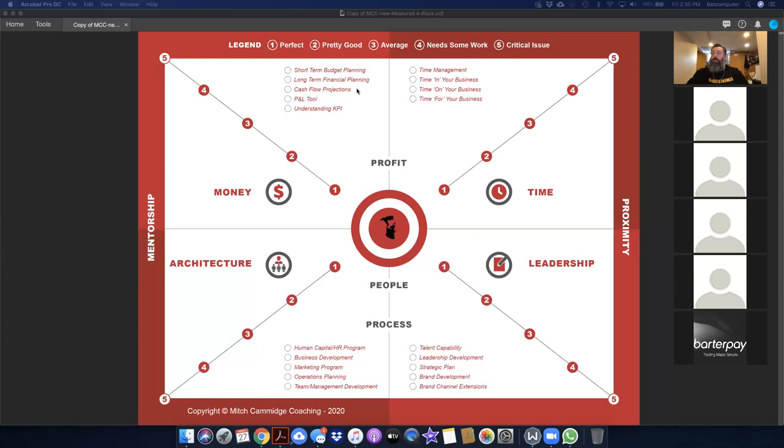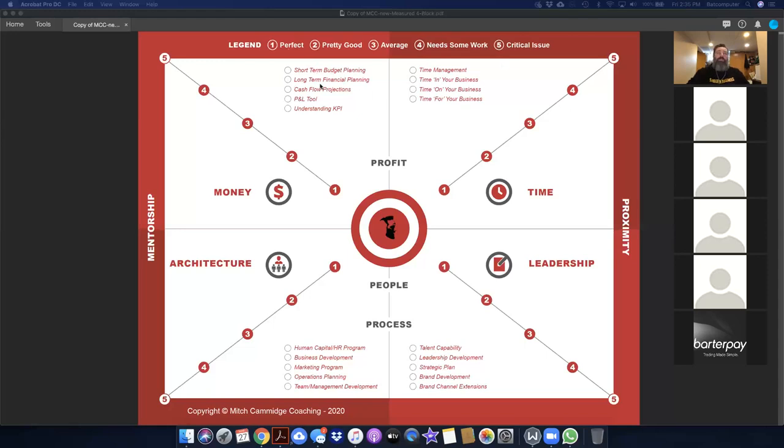Long-term financial planning. Am I looking at the financial structure of the business? And can I understand what's going to happen over the next 12 months and make some measured estimates on where my business is going to go, what it will cost to operate, and then what my revenue should be like, or what I'm going to be pursuing or chasing in goal setting? If I can, then do I have all the tools and the bits and pieces in place? And I want to give myself another score, 1 to 5.